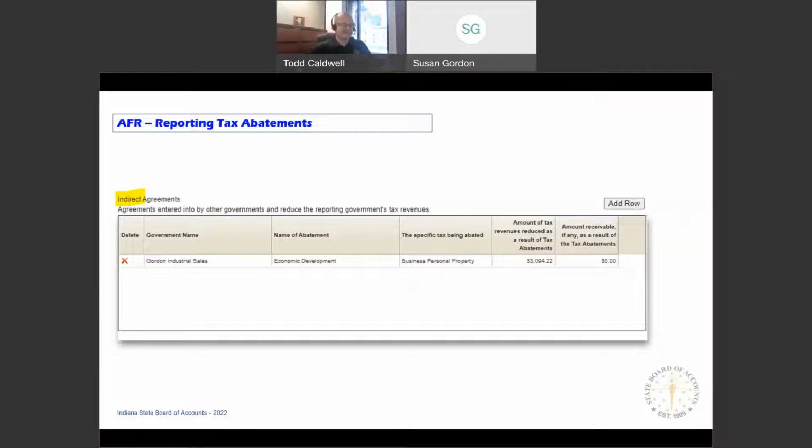So that's why it is important to get it in the annual report correctly, so that it comes out in the notes to the financial statements correctly. You don't have to go back in and make any changes for it.